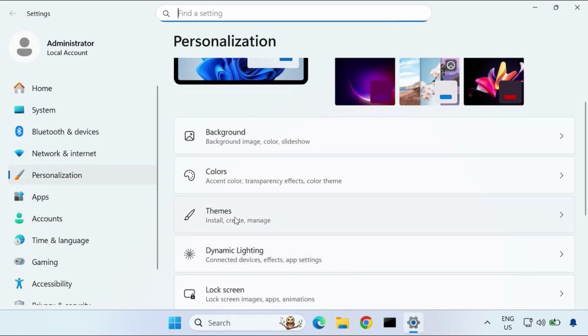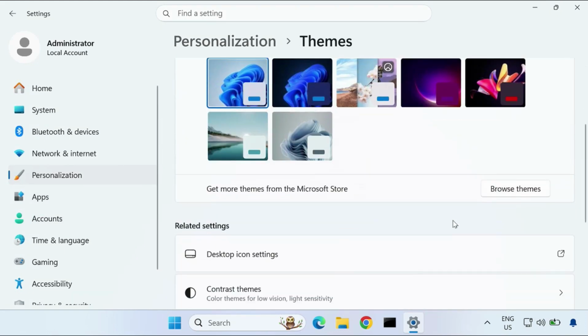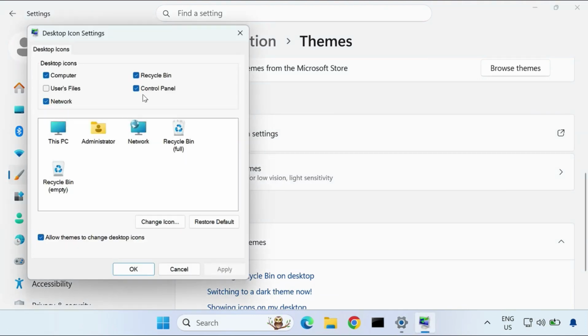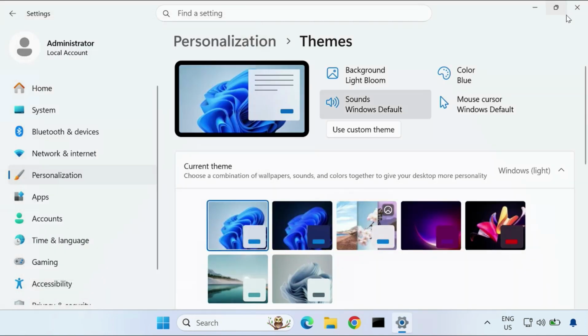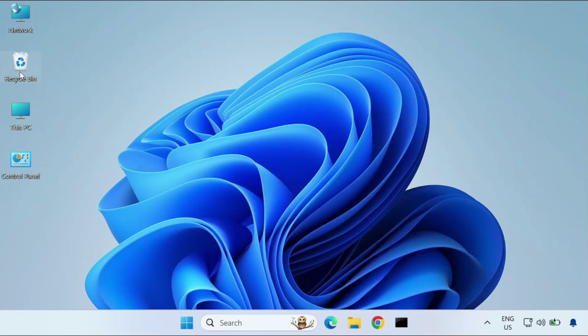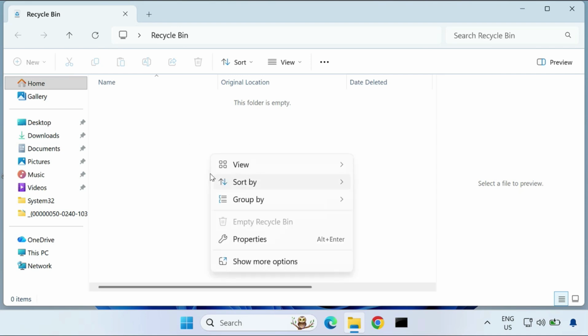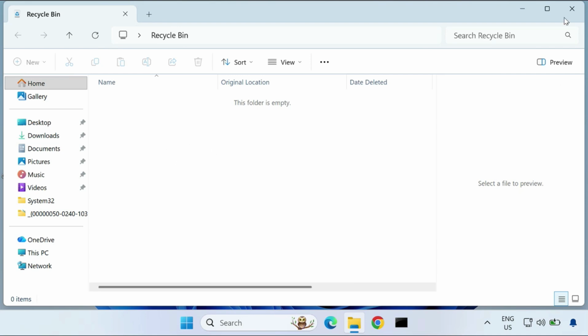After that you can click on themes and then scroll down. After that you can see desktop icon settings. So you can check Recycle Bin, then apply and okay. After that, open it. Then you can see, guys, select the file, right click to restore, which was already deleted, and then close